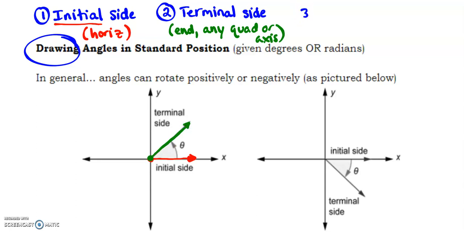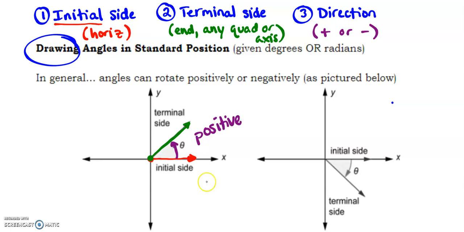This third part is key because the way we're going to talk about angles from now on is a little bit different than how you talked about them before. The third thing you need to do is include a direction, some kind of an arrow to indicate positive or negative. In this first example, the arrow that I'm drawing is going up from the x-axis, so this is representing a positive angle. Maybe that's representing a 30-degree angle. Actually, based on where that's drawn, probably more like a 45-degree angle. But anyway,